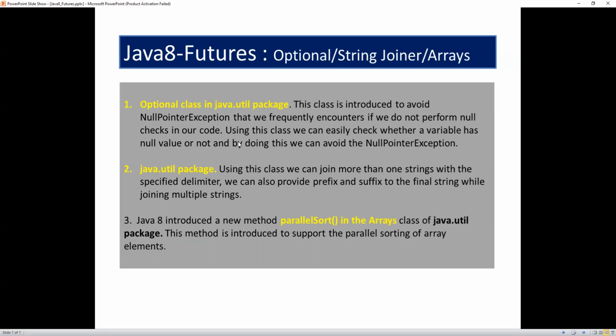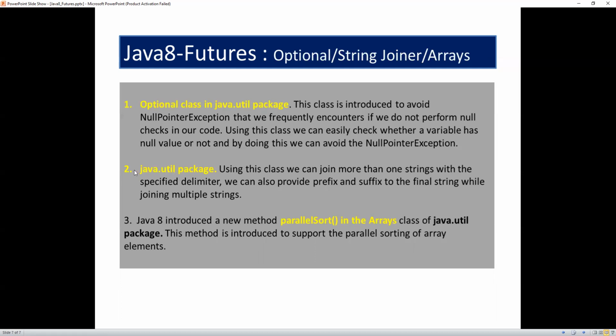So to avoid such null pointer exceptions, Java 8 provided the Optional class. The Optional class holds non-null objects or proxy objects, and it returns those non-null objects whenever we would get a null pointer exception or need null checks. So we can avoid null pointer exceptions by using the Optional class.